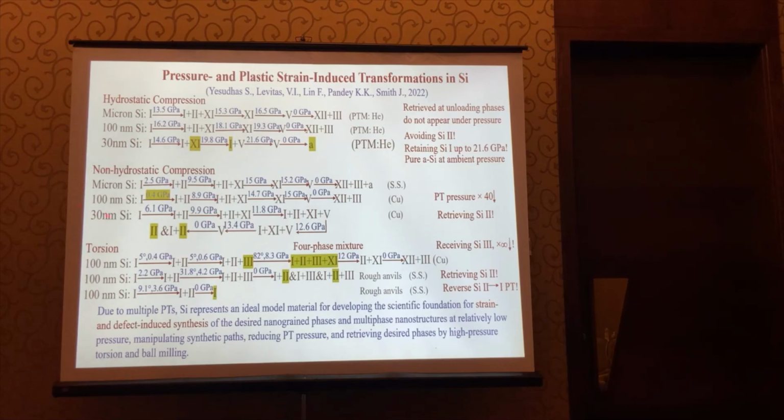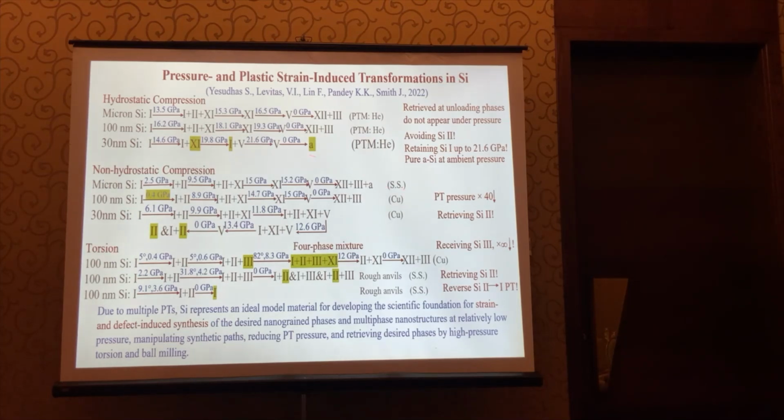And this is very unexpected in comparison with hydrostatic conditions, because here you see with reduction of grain size, phase transition pressure for silicon 1 to silicon 2 increases, and increases again because silicon 2 does not appear, so it's infinity, right? And for silicon 11, it increases and then decreases. So exactly opposite to what we have under plastic compression. And this confirms that we are talking about completely different types of phase transition in comparison with hydrostatic pressure.